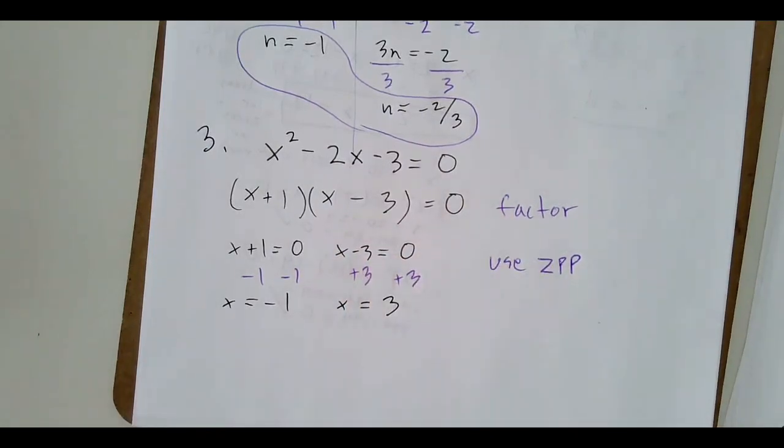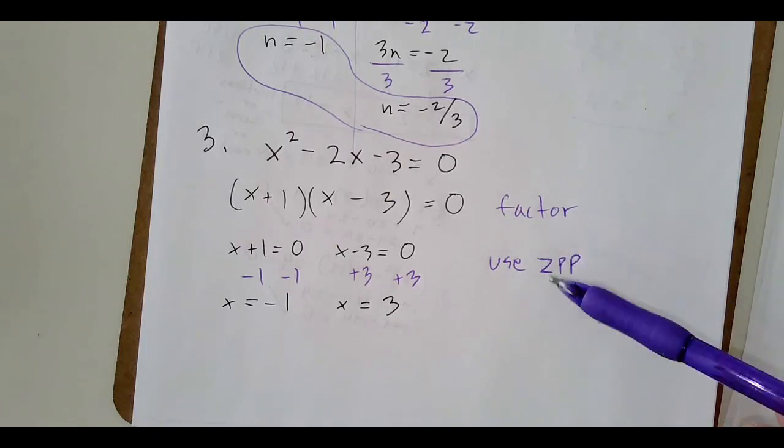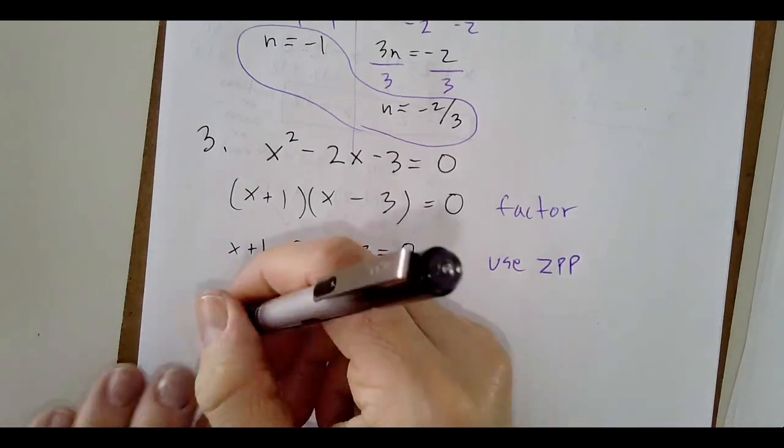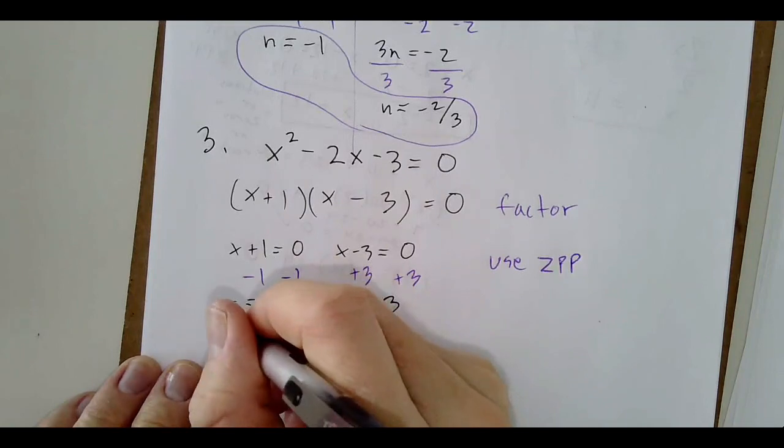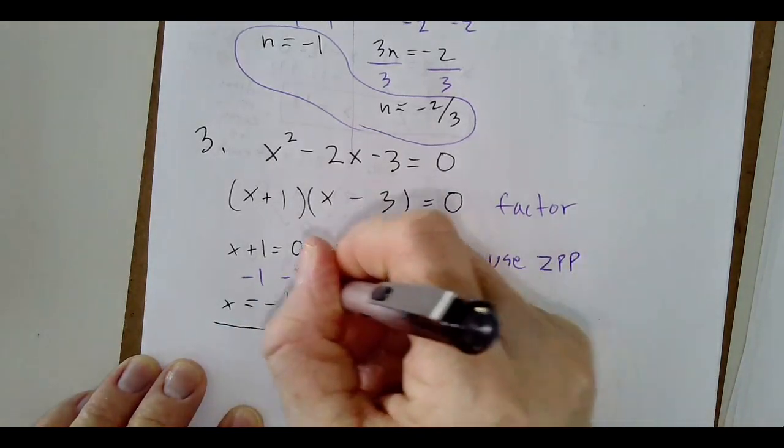You see how that works? It's pretty simple, except there's two steps now. Factor first, then use the zero product property. And I'm 6 minutes in. Maybe I can do one more example, but